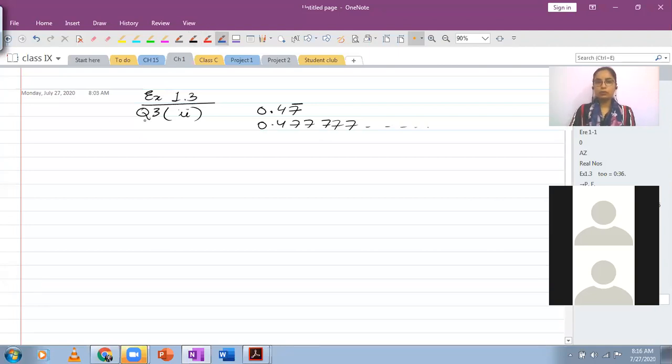So first thing I want to do is represent my decimal number as a variable, just for convenience. So x equals 0.47, where 7 is repeating. And these dashes mean this is non-terminating. After I have represented my decimal number as x, you can take any variable if you want. Then I want to write down a multiple of this number, and the multiple will be written keeping in mind how many digits are repeating. If you look at the bar, the bar is over 1 digit. So if the bar is over 1 digit, I'm going to multiply both sides with 10.